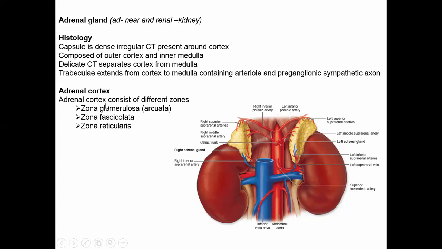Talking about the adrenal cortex, mainly it consists of three different zones. The first is the zona glomerulosa, which is located outside, beneath the capsule. This zona glomerulosa is sometimes also called the zona arcuata. The second layer that lies beneath the glomerulosa is the zona fasciculata, and beneath this fasciculata another zone comes, that is called zona